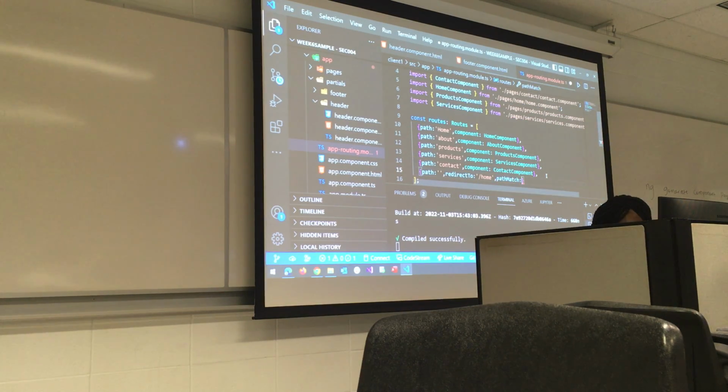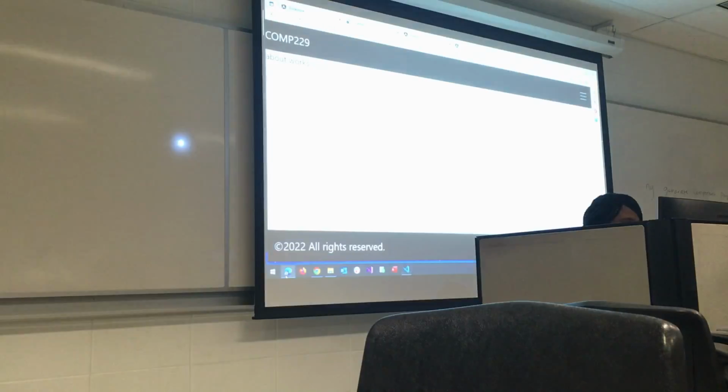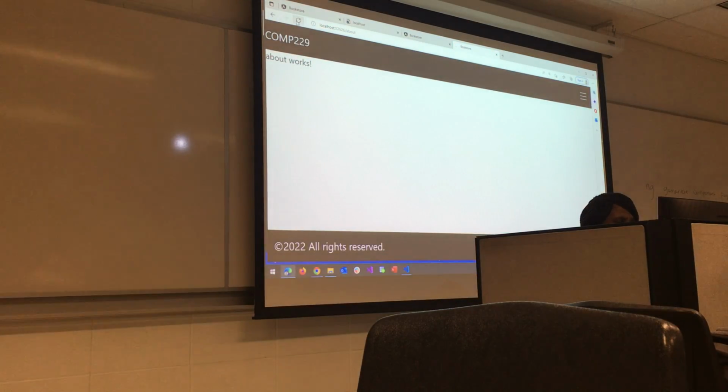Match before. So you can save that and test it. It should still say compiled successfully. And you refresh your browser window. Click on this, it should take you to the home page. Right.